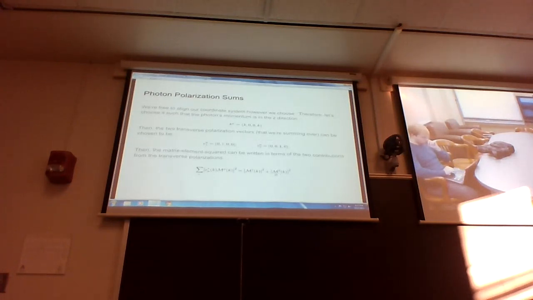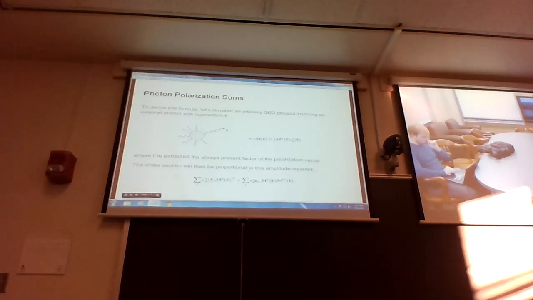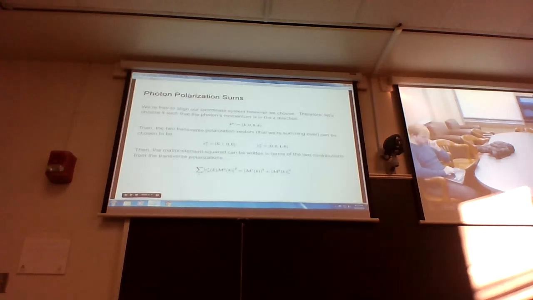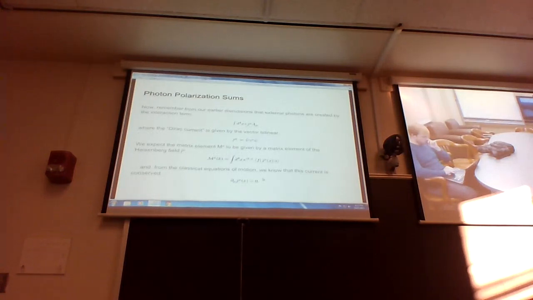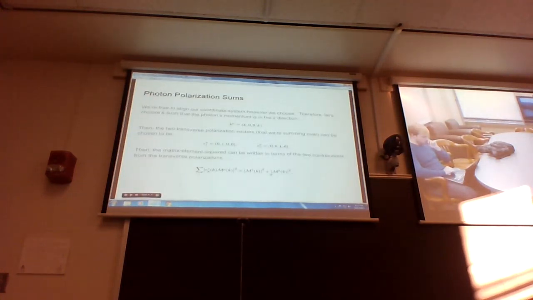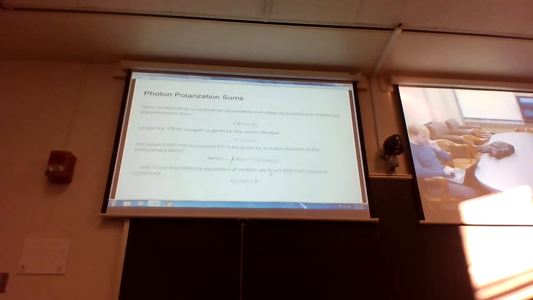It's just picking out the mu equals nu terms, right? And there's only 2 of them, 1 and 2. So this is M1, not M2, not M squared. The squared is out here. All right. So this is where we want to make contact with our understanding of where the photon